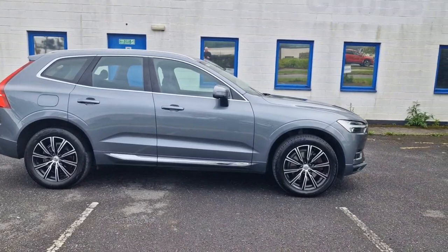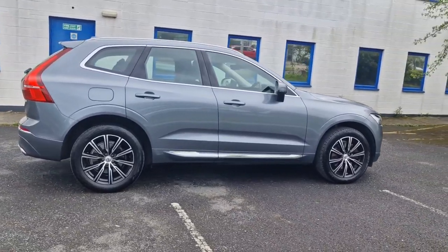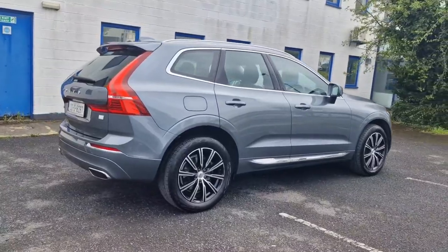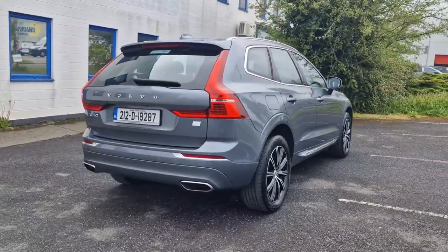The vehicle also boasts interior luxury trim, LED lights, smart card entry and a power boot close. With a full multi-point health and safety check, manufacturer specified servicing and comprehensive warranty, you can trust in the quality